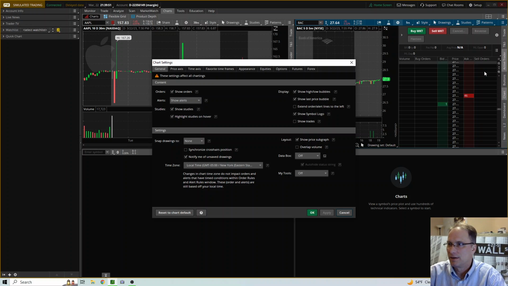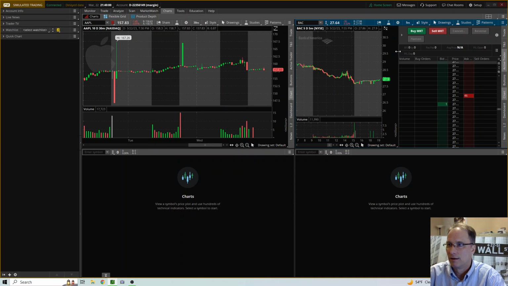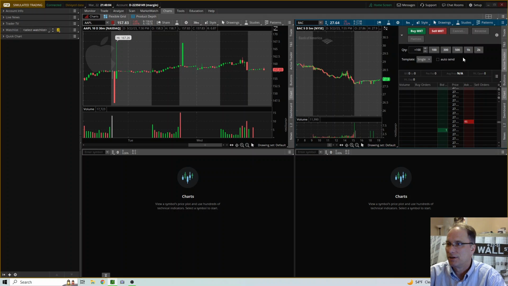But if for some reason you click a side tab and all of a sudden your volume changes, you just know what to do here. So there it is back. And here are these tabs. You can click this arrow so you can see how many shares you have. Click auto send if you want it to be immediate. Even if you click buy market, if you do not have auto send checked,